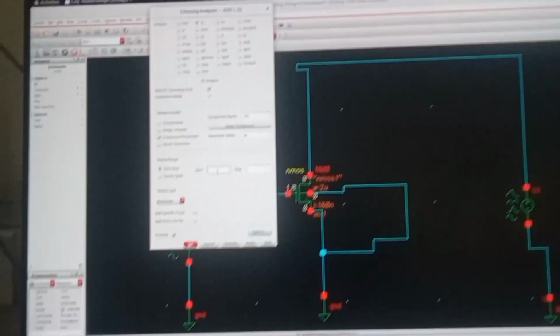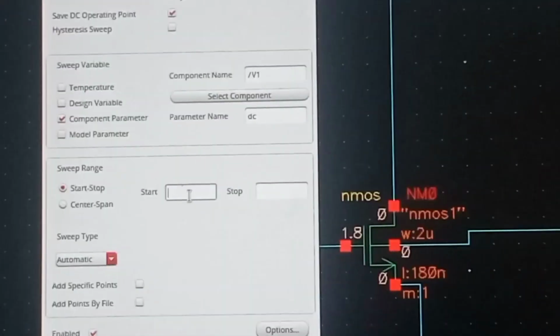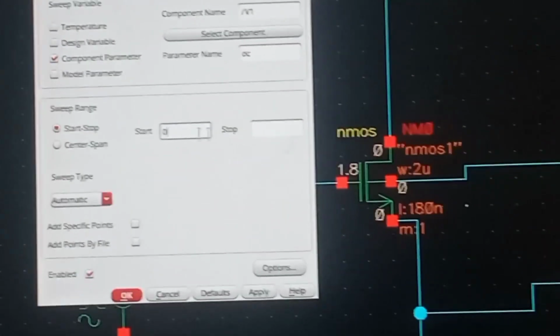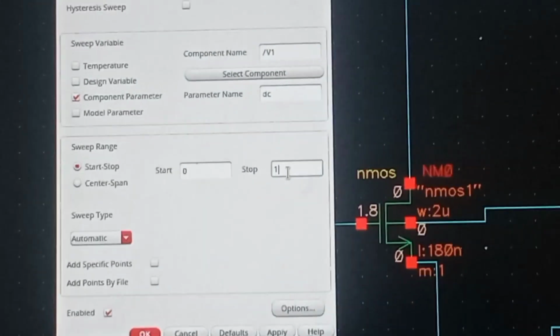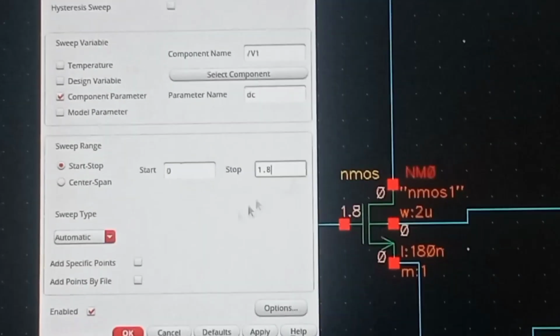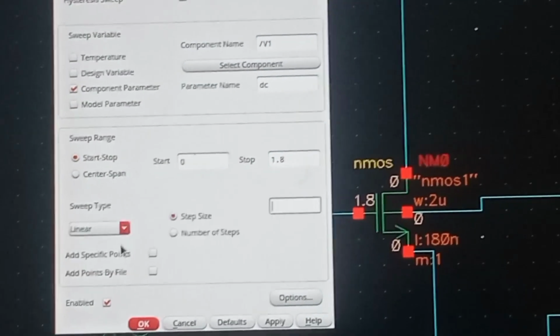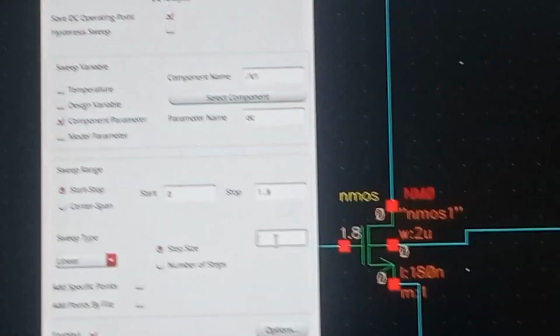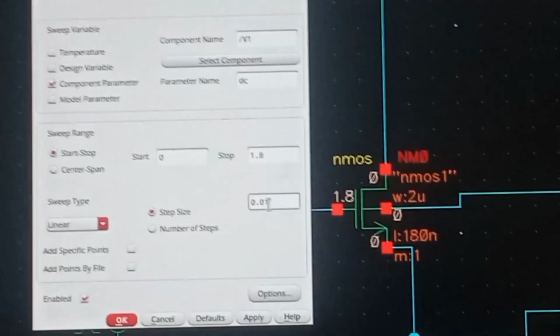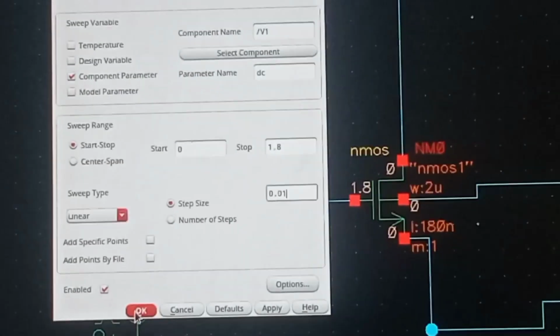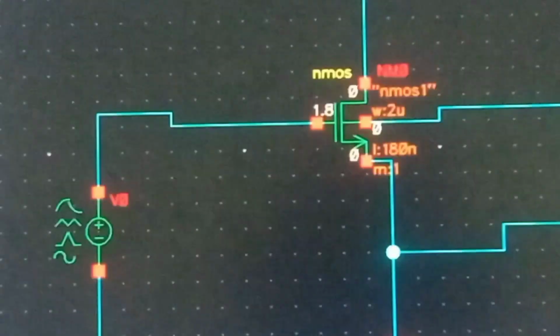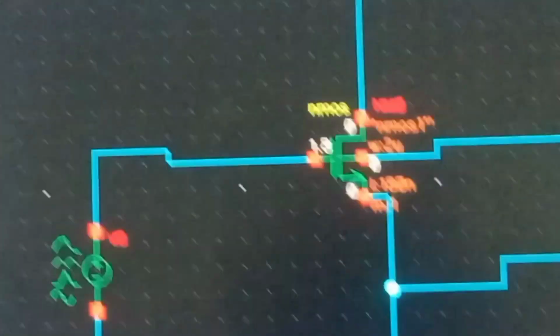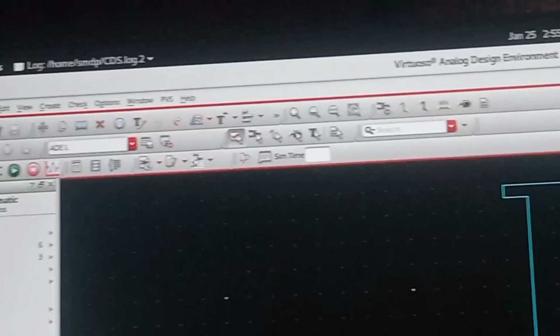Now give the range 0 to 1.8, similar to what you did for VGS. Same for VDS, 0 to 1.8 range, and sweep type linear. Give the step size as 0.01, and now OK.